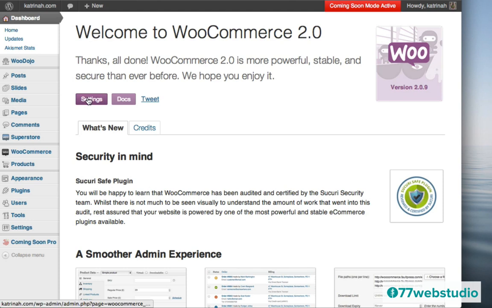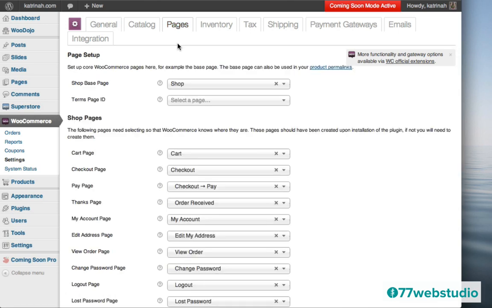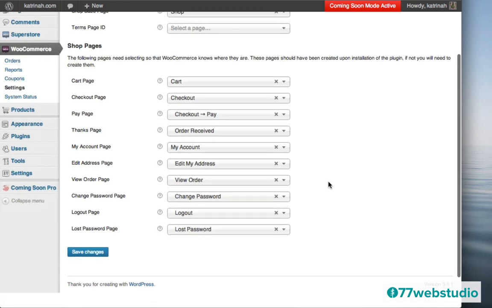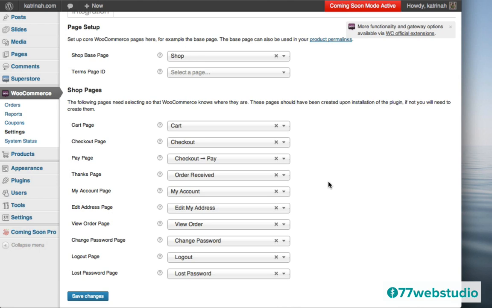Let's go ahead and click on Settings to make sure that we are set up properly. So I'm going to click on Settings right here. And then here we are on the settings screen for the WooCommerce plugin. So over here on the right-hand side, or at the top I should say, there's a tab called Pages. So I'm going to click on Pages. And here we want to make sure that all the different shop pages have been automatically added by WooCommerce. So when you clicked on Create or Install WooCommerce Pages, then this is what should have happened. All the different pages should automatically have been created, and they should be set up here on the settings screen for Pages.